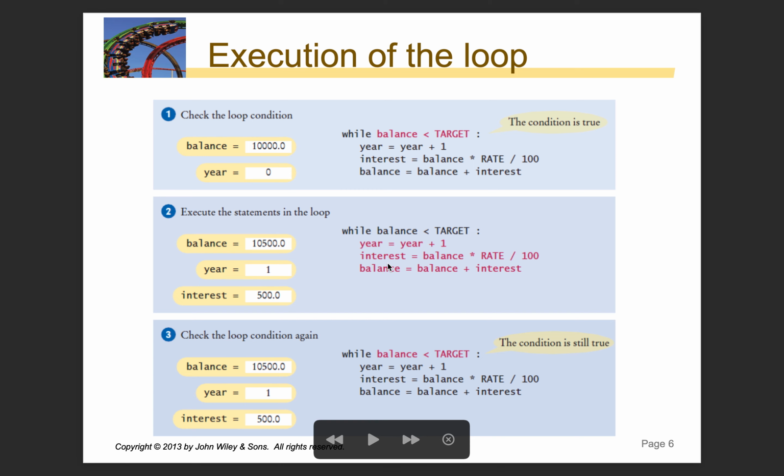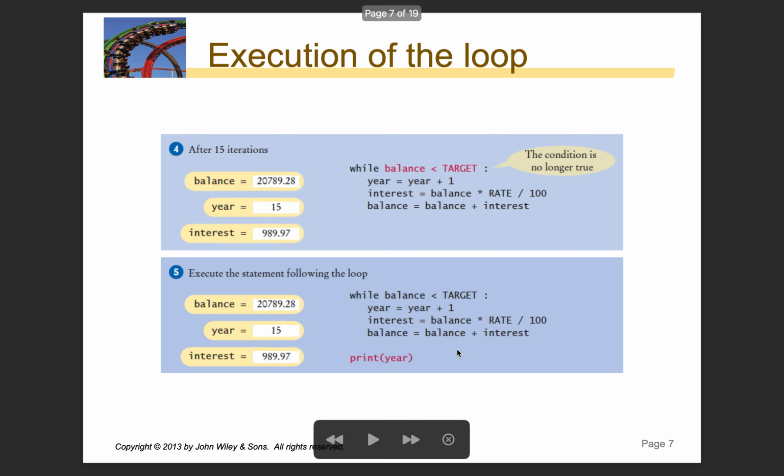We've completed the contents of the loop, so we now need to check the loop condition again. Is our balance, which is 10,500, less than our target value? Well, 10,500 is still less than 20,000, so the condition is still true, and we're going to have to run the year equals year plus 1, the interest line, and the balance line again. Once those have completed, we're going to check our condition one more time. We're going to keep repeating this over and over again until this condition is false. Okay, so after exactly 15 iterations, we get to the point where our balance is